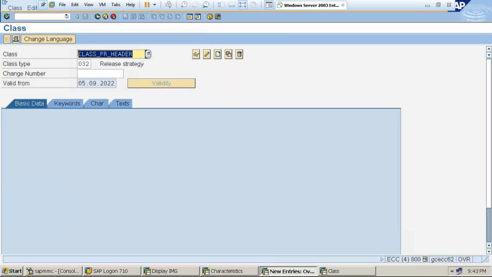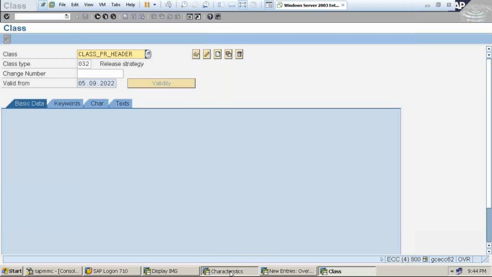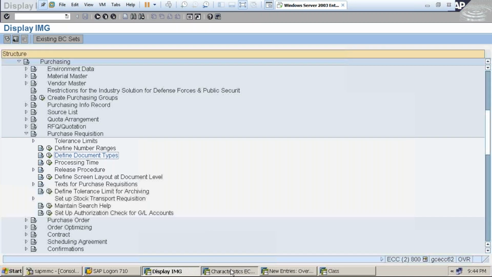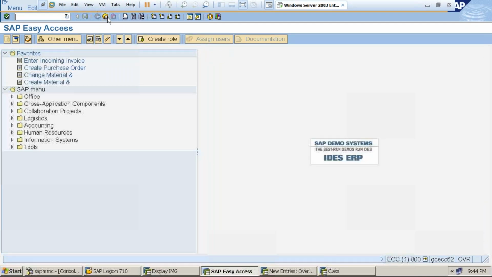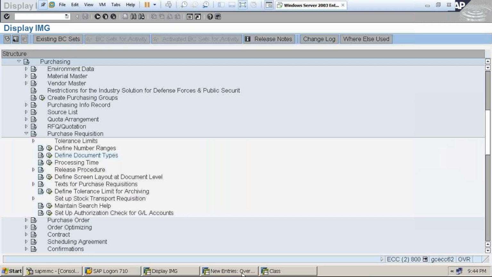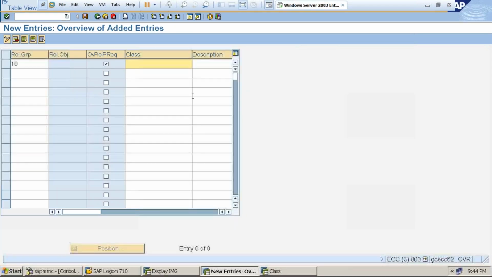So just copy and paste there, and you go here. You just paste it, okay, and here transfer the header, save it,